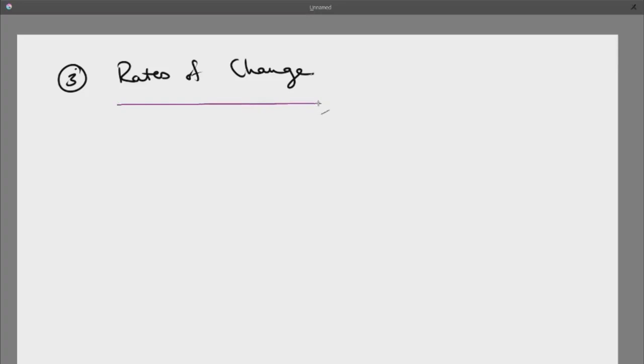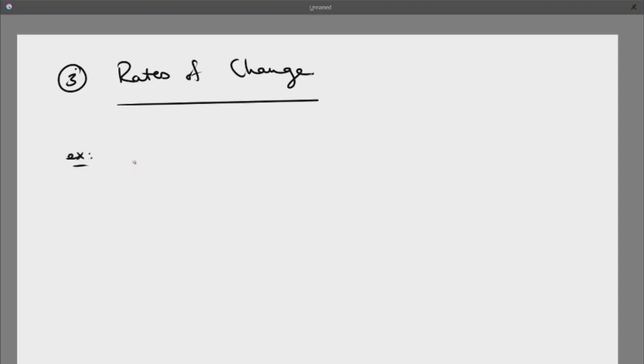I will call it chapter 3, rates of change. So this is really the slow crossover to calculus. When people started looking at how objects are moving, for example,